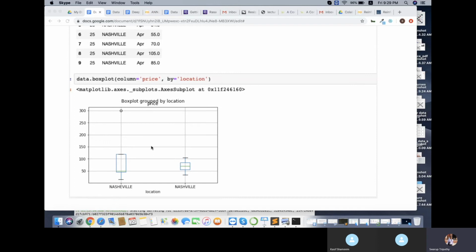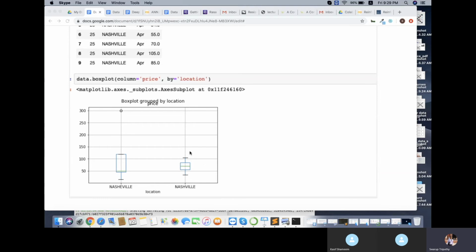And if you look at the next graph, Nashville without an E, here we have the mean, the max, and a box where the data is clustered together. The box also looks good. Data is properly distributed, there is no outlier, and the data range is somewhere around 50 to 100 only. So this is how you can figure out the graph.